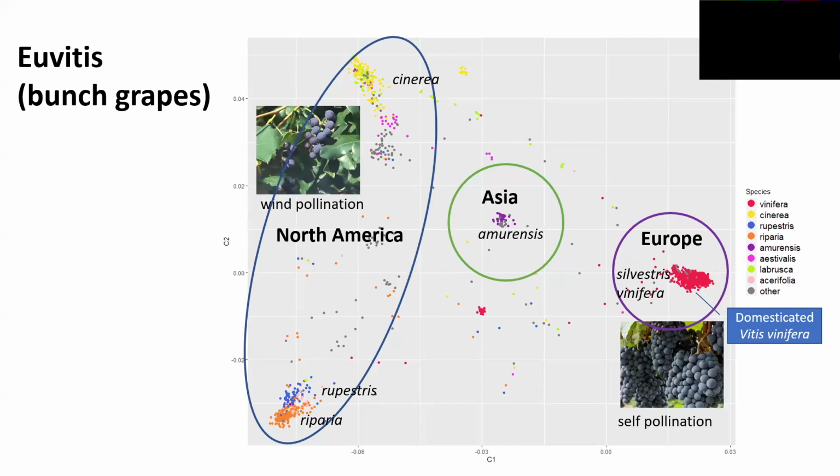A big distinction between the domestic grape and the wild grape is that the wild grape relies on wind pollination, and the domestic grape, Vitis vinifera, is self-pollinated. It has a perfect flower, with both male and female parts, and it's self-compatible. So in the domestic grape, because of this self-pollination, the efficiency of pollination is much better than in the wild